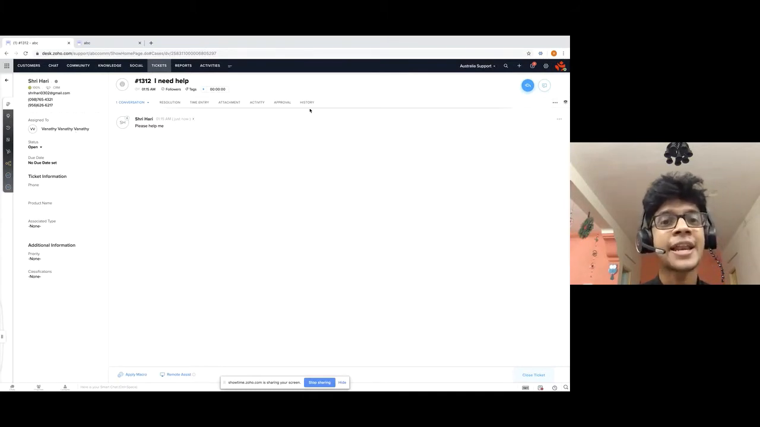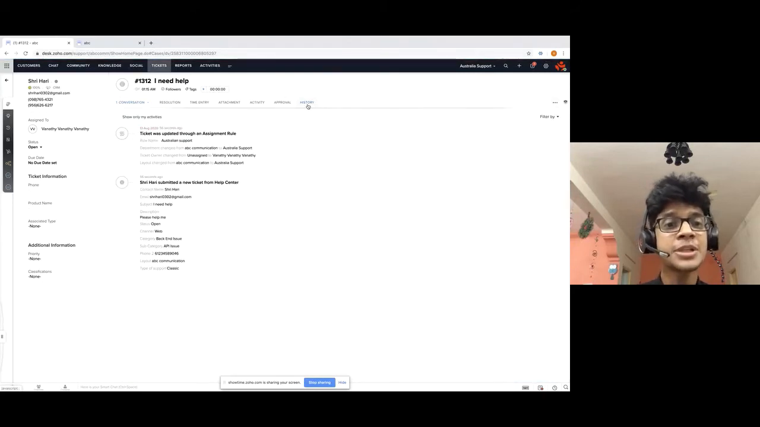expert. And if I click on the history tab of the ticket, I would be able to see how this ticket was created. If you could see here, it would show the name of the customer and he has submitted it through the help center of Zoho Desk. Not just that, it shows you how assignment rule was applied to the ticket and how the ticket was moved from this department called ABC Communication to Australian support, and automatically how it was assigned to this region expert named